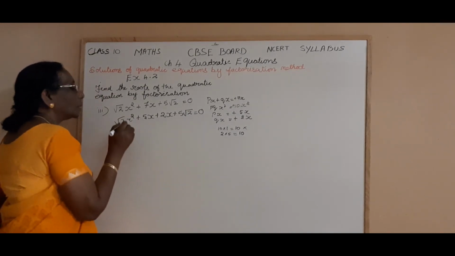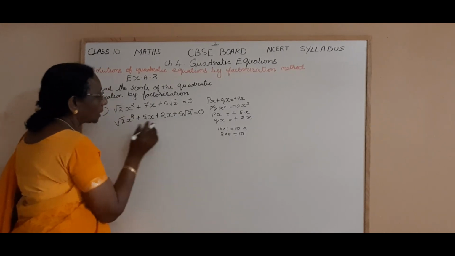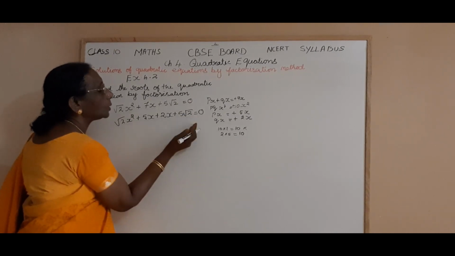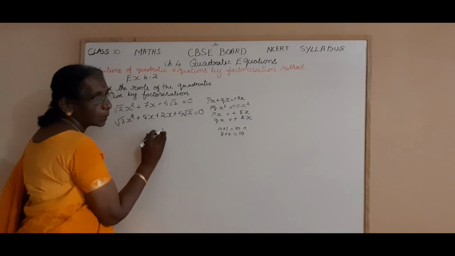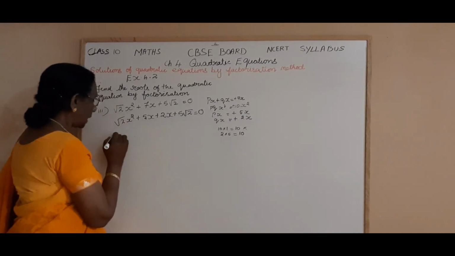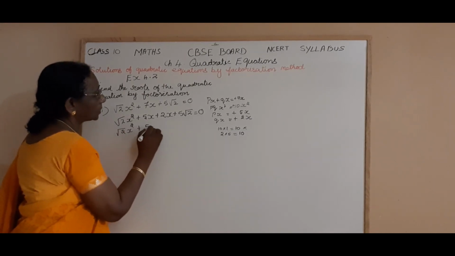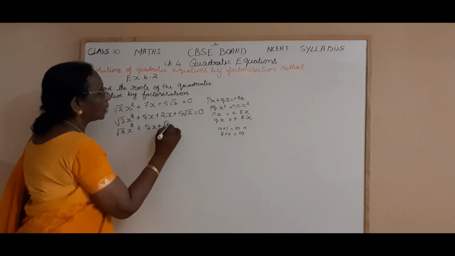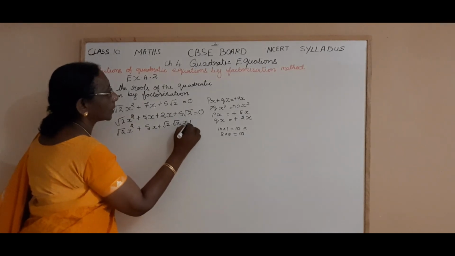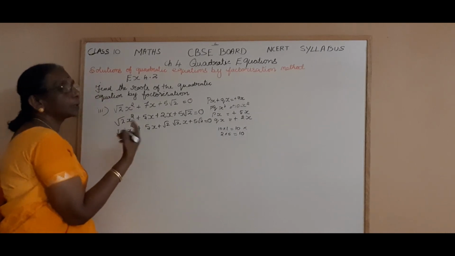Okay. Now you have to split this 2 as root 2 into root 2. Because here you can take x as the common factor. Here you have a root 2, so you have to take only root 2 as a common factor, because 2 is root 2 into root 2. So write one more step, or if you know, you can do it in your mind itself. This step is not necessary if you know this very well, but no harm in writing this step. It will make your steps clear.